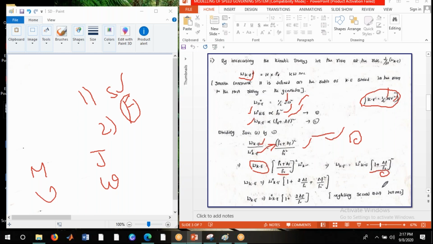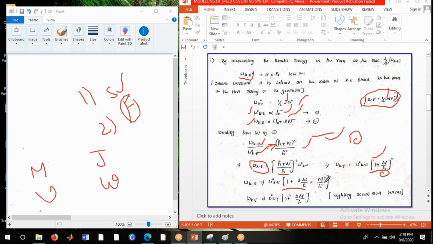In any differential equation, wherever we use the term rate of change, we are always neglecting the higher order terms. We only consider the first order differential equation. We are not supposed to use the second order differential equation, so we have to neglect it. That's why, while expanding this equation using the a plus b whole square formula, you will get the equation like this.